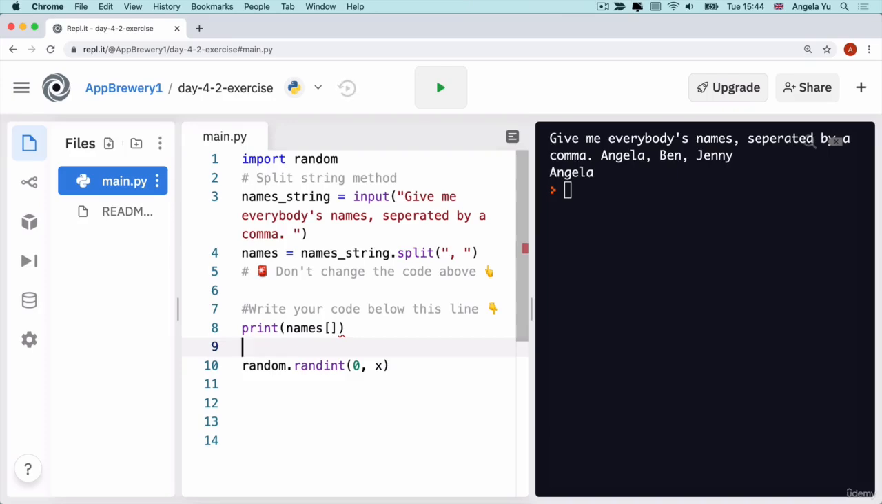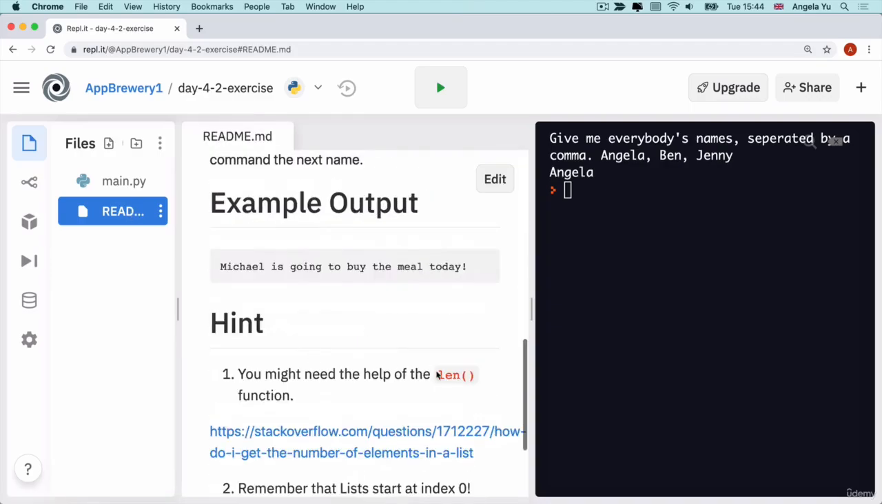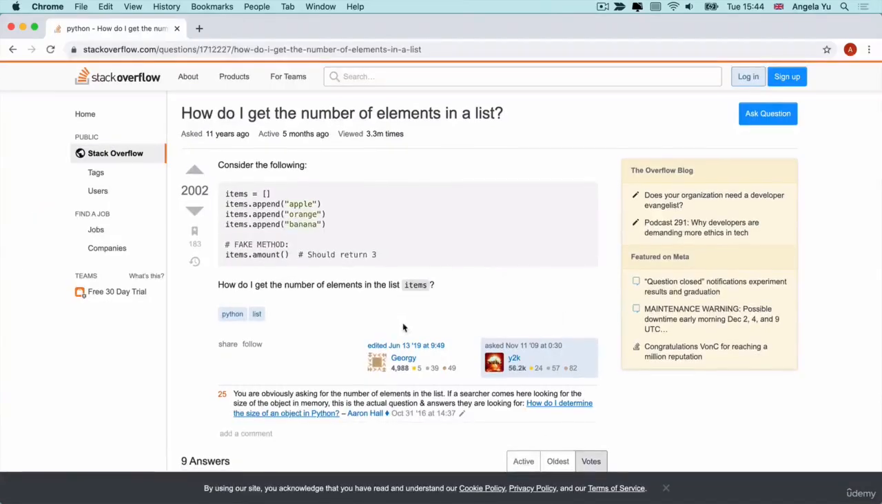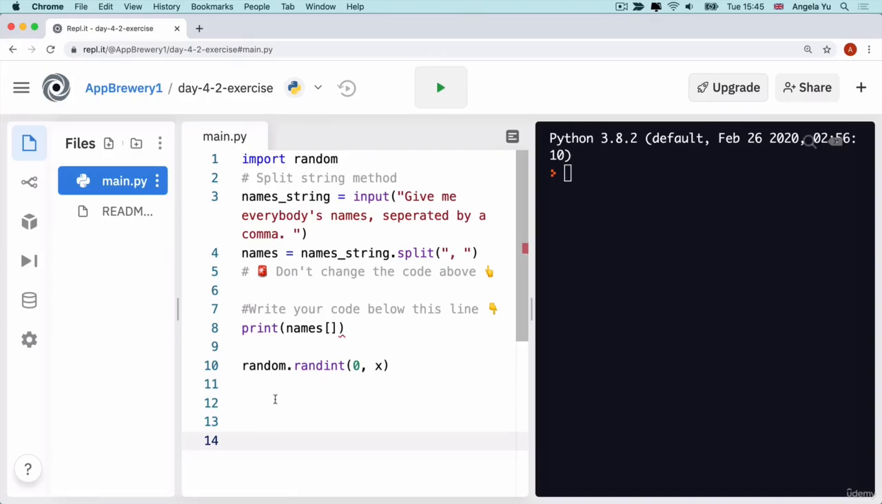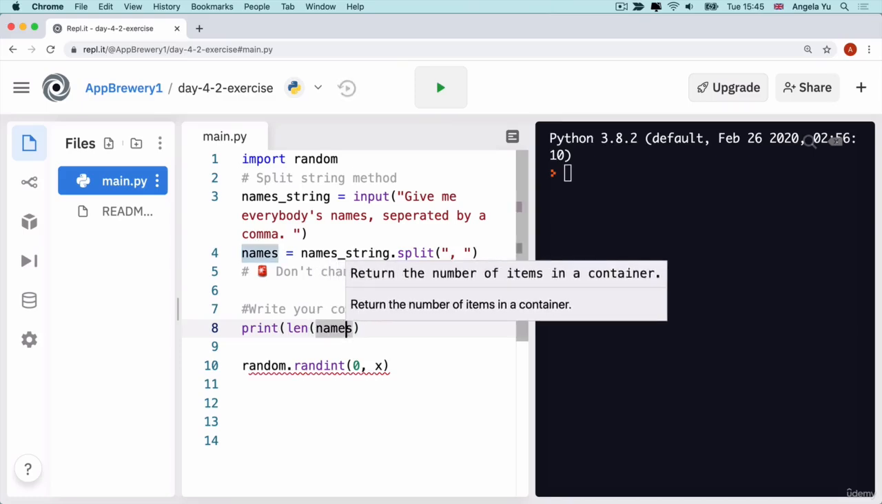Well, what if we got hold of the number of items in the list? So do you remember how previously we learned about the len function? Well, the len function can be used to get the number of elements in a list or the number of characters in a string. And if you take a look at this Stack Overflow question, then you'll see it in action. All that we have to do to get hold of the number of items inside this names list is to write len, parentheses, and then inside we put names,